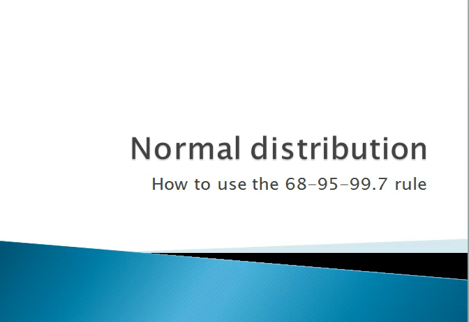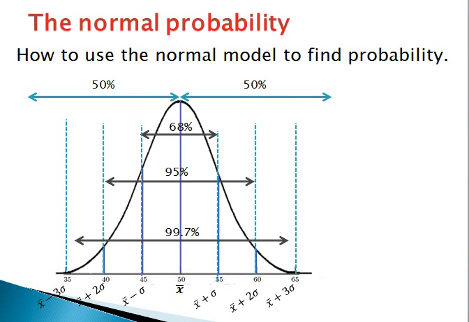This is part 2 of the normal distribution, right? So now we're going to look at how to use that 68, 95, 99.7 rule actually in situations. All right, how we use it by using our normal model. If you look at your graph, the area underneath the graph is a total of probability 1,